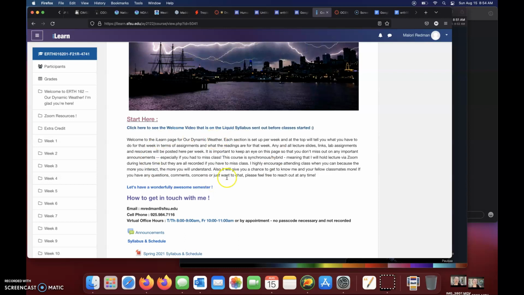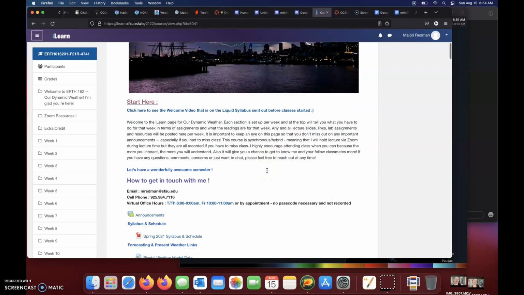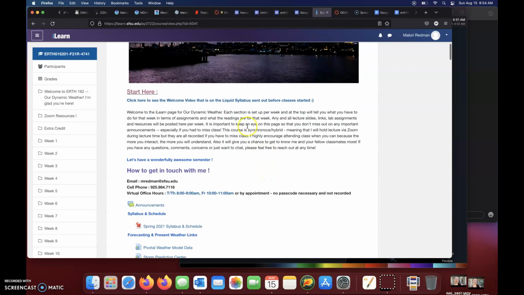And I actually modified my paragraph here a little bit from before. I more so say that each section is set up per week, and that I tell you what you have to do in terms of assignments and what the readings are. Any and all resources will be posted here. That it's a synchronous hybrid, meaning that I will hold lecture via Zoom, and then